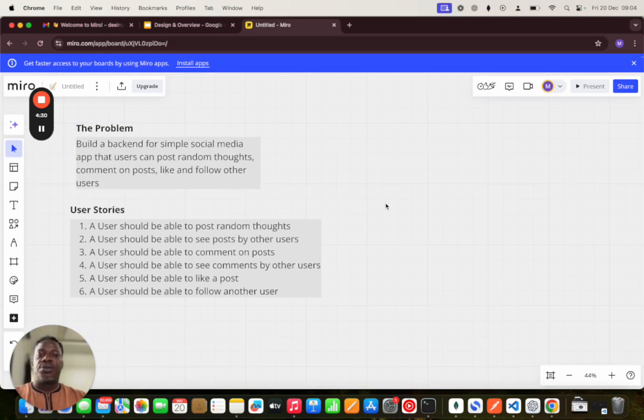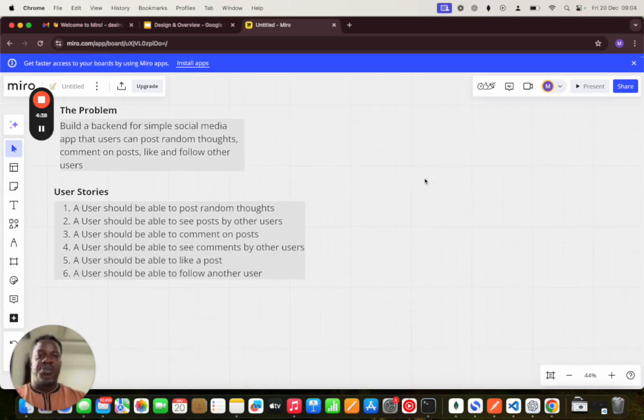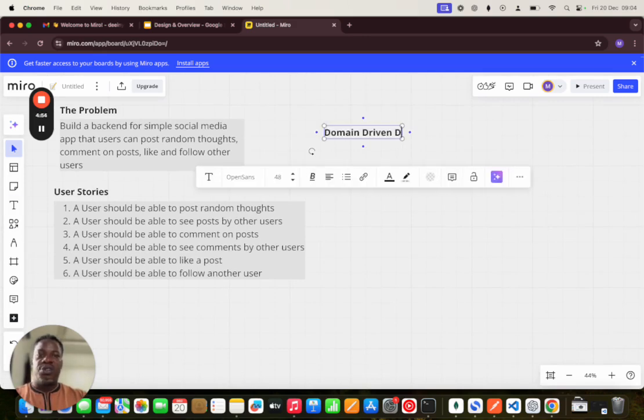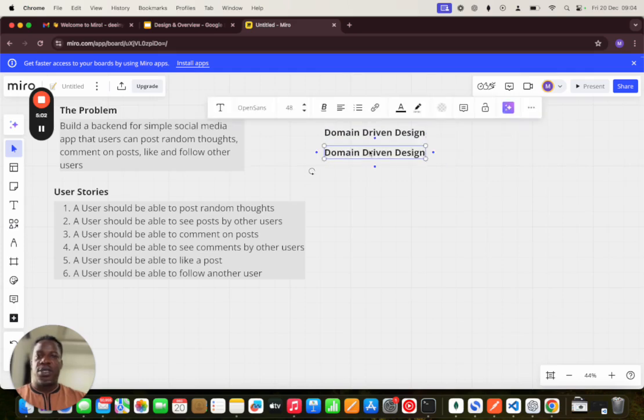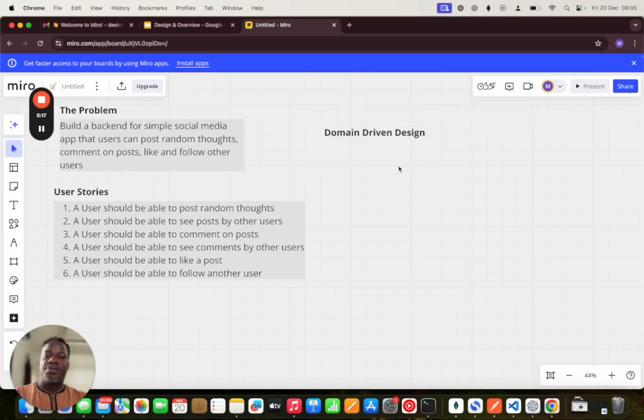So going with the design, the first aspect of this, we are going to design the domain. The principle behind it is what we call domain-driven design. You can look it up. You can also use any of the chat tools like ChatGPT or Gemini to learn about it. Before then, we need to, first of all,